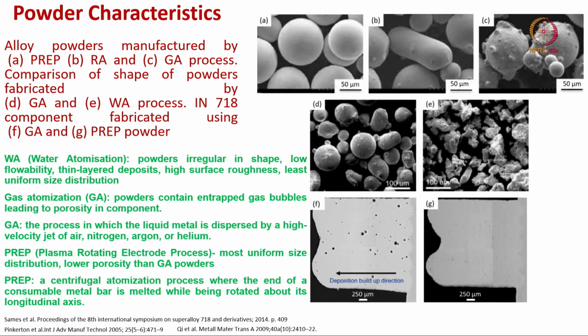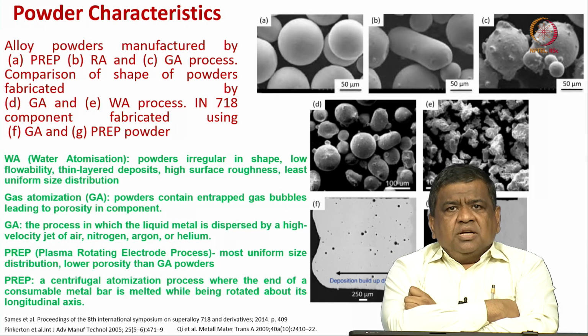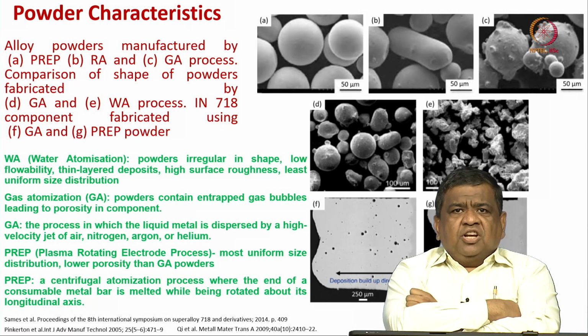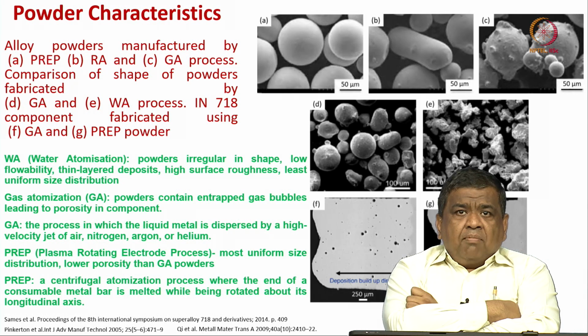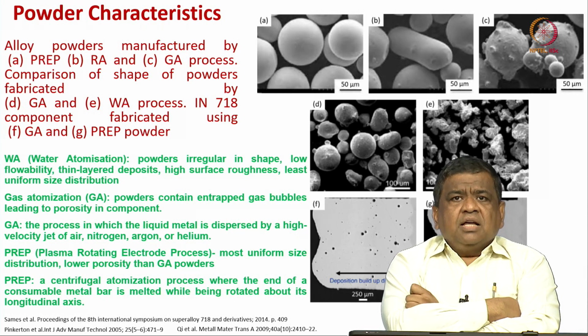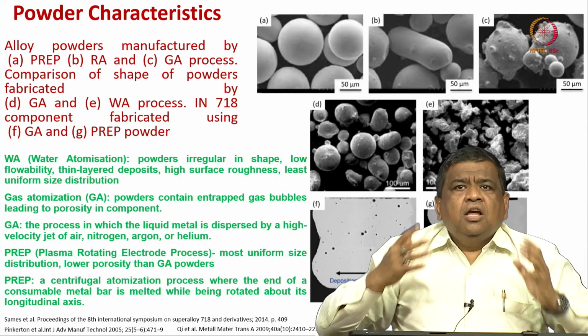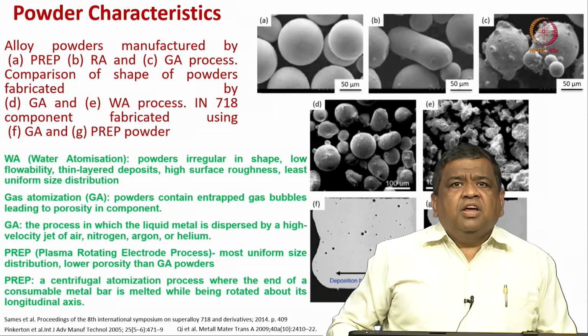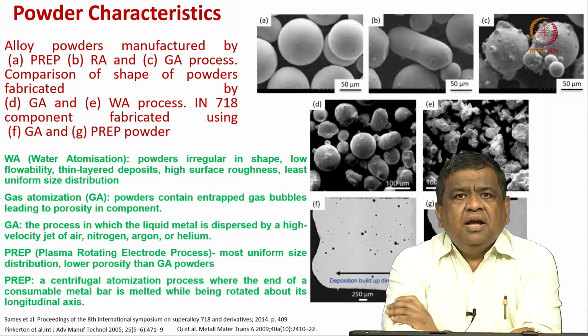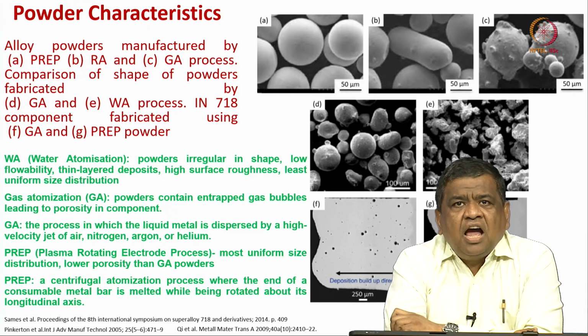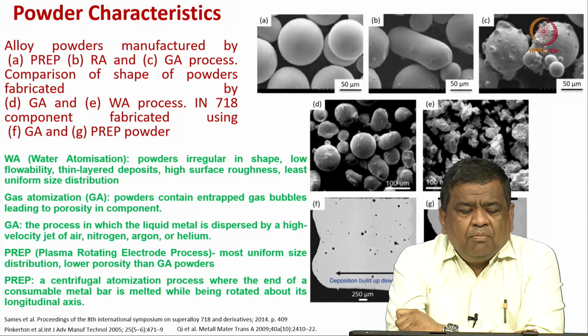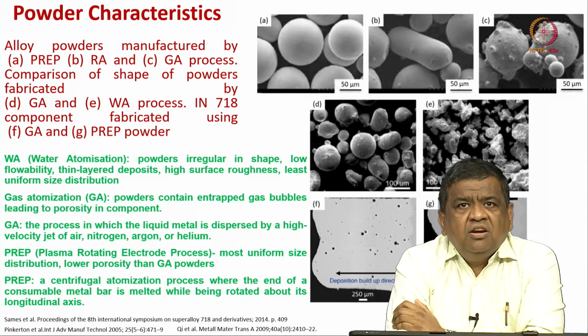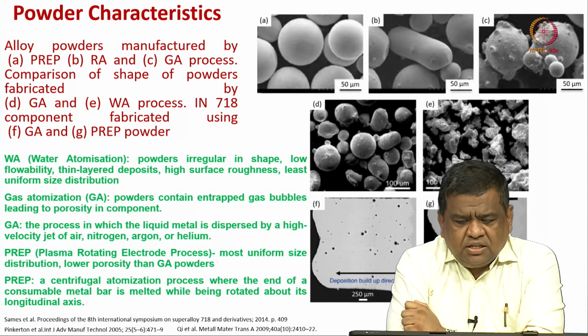So, one of the important aspects in powder based additive manufacturing or laser based additive manufacturing, which essentially involves powders or a powder bed, is the powder characteristics. The powder characteristics are very important, and they determine the quality of the products and also, to some extent, the process kinetics of the 3D printing processes.